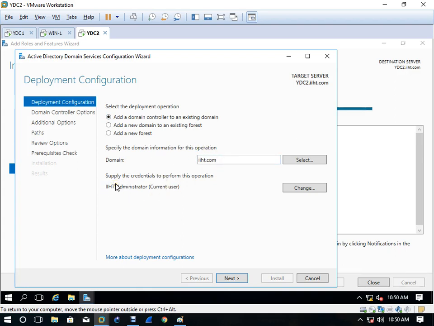Because I have logged in with the IIST administrator. That's why it is coming automatically. But maybe you forgot to log in with that and logged in with another user. So here you have to click on change and then log in again. But if you have already logged in, no problem. So here is my domain controller ist.com. Next.